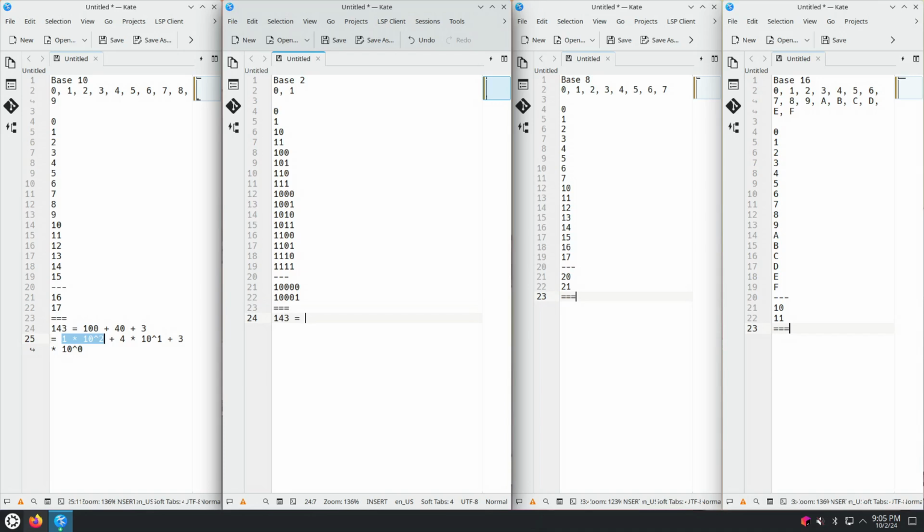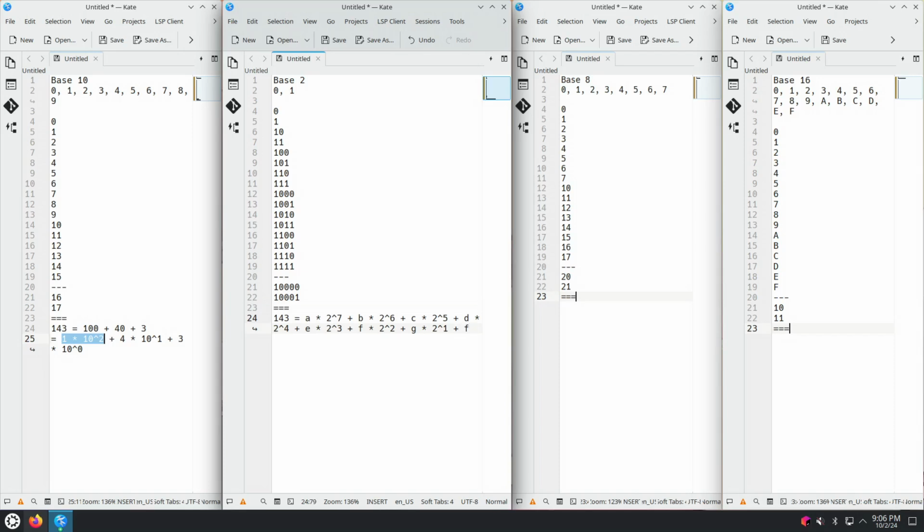So we need to compute something like, let's go up, lowercase a times 2 at the power of, I don't know, 7 plus b times 2 at the power of 6 plus c times 2 at the power of 5 plus d times 2 at the power of 4 plus e times 2 at the power of 3 plus f times 2 at the power of 2 plus g times 2 at the power of 1